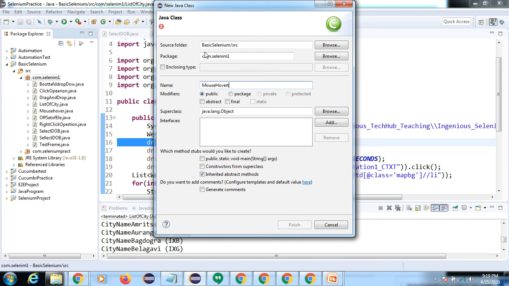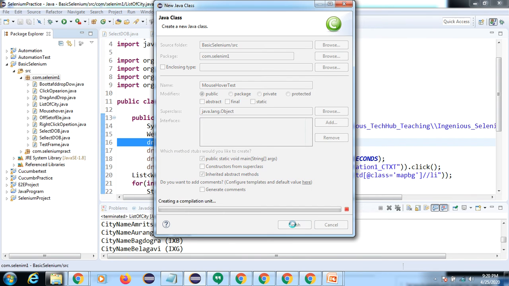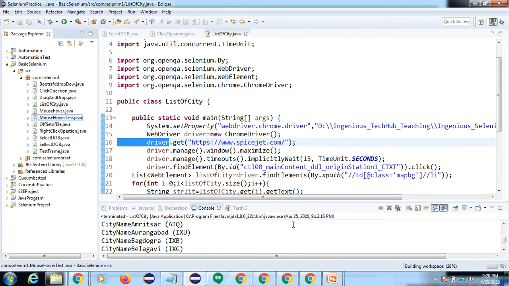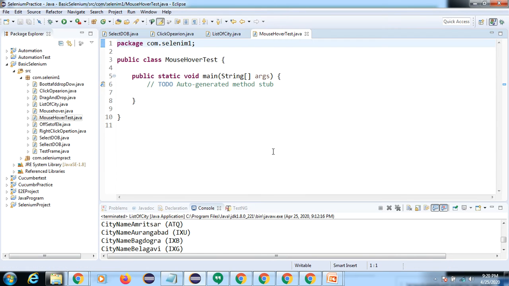Test. You can give any, but in real time we need to work on the framework. So the framework has some coding standard we need to follow. When I start your framework, I will tell you a simple structure of the framework. Then you can automate at least two test cases daily.